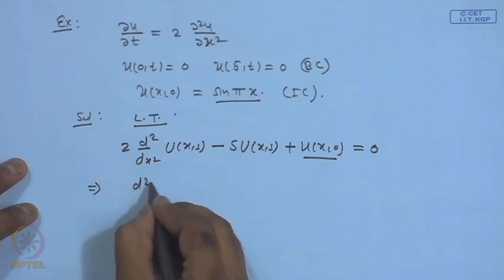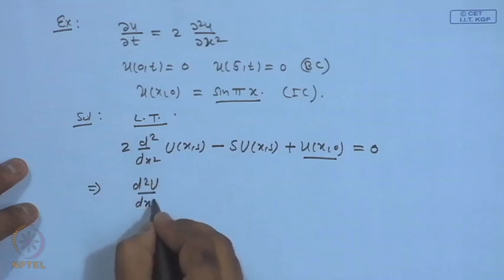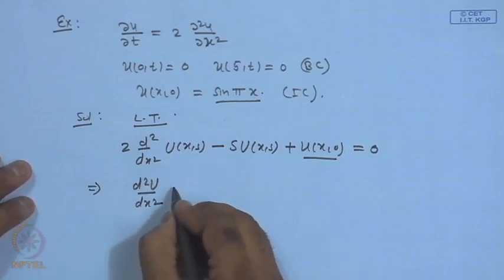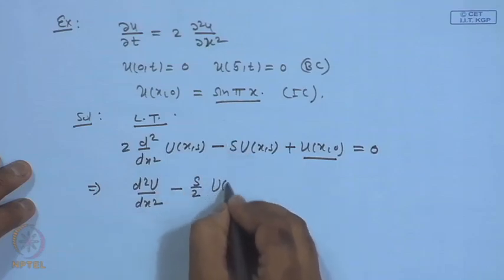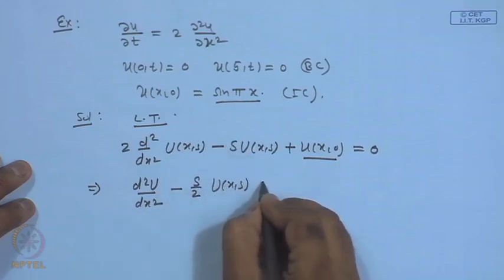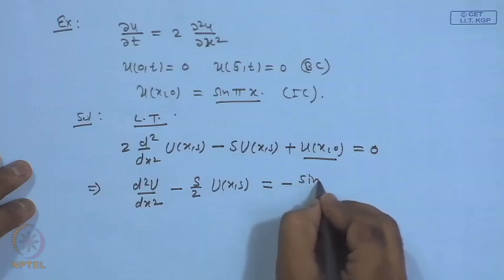So, we have d2u over dx square minus s by 2 u(x,s), and this we take to the right hand side,